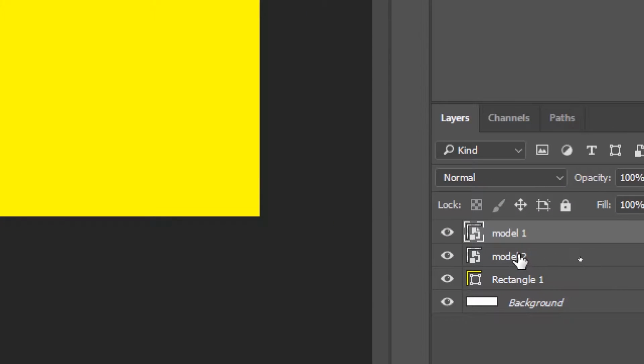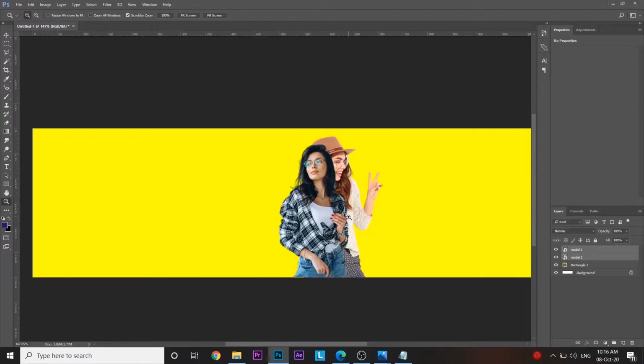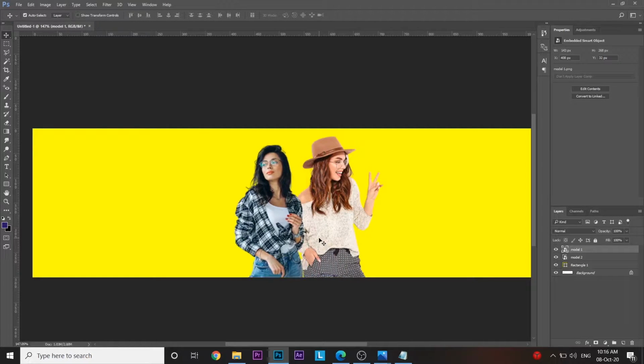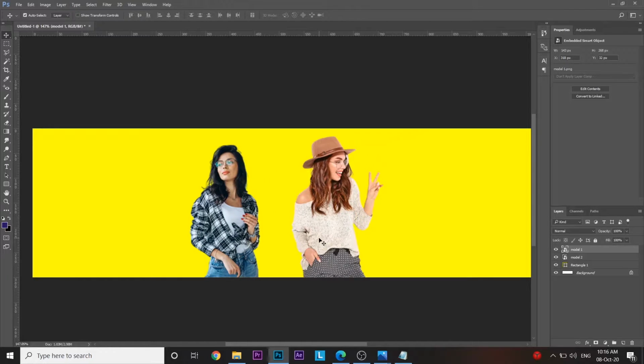Now select both the models, hit Ctrl or Command T and increase their size. Now you can see that there's no background for these models, which has been removed using the pen tool. If you're not familiar with the pen tool, I highly suggest you watch some tutorials on YouTube. There are some fabulous tutorials on the pen tool, and the pen tool is very necessary to be able to start learning